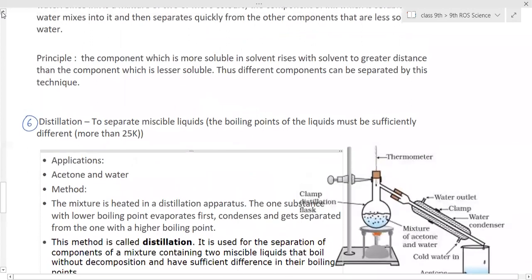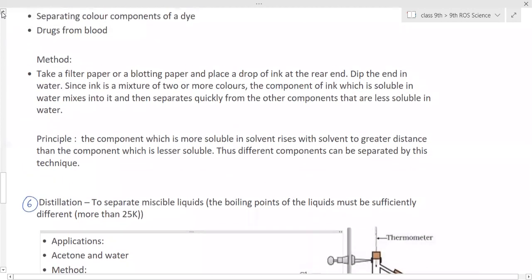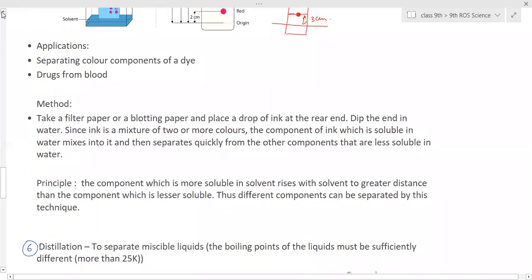The way we heat the sugar and it gets charred, the salt also becomes black and charred. Yes, at a very high temperature. No, it's not black; it will become a yellowish color, ma'am. It will not be black. Even the dye black is not of a single color; it is not completely a single color. It is a mixture of many colors.